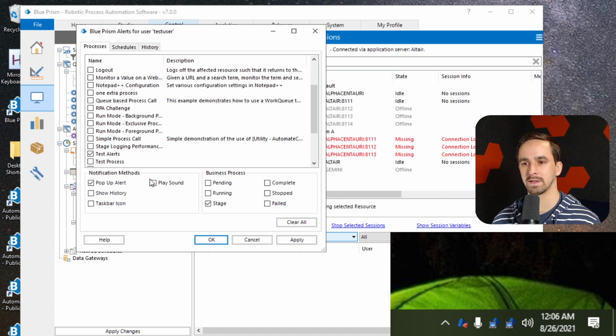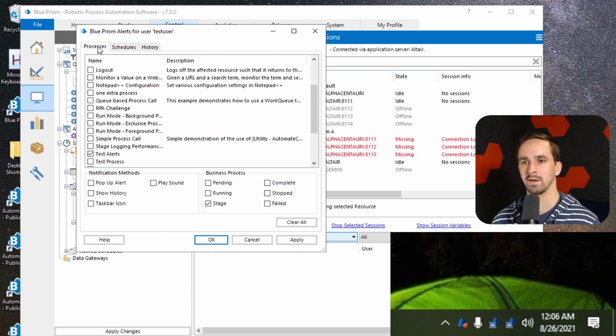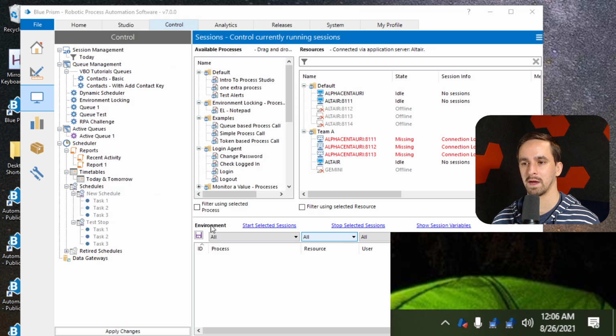The reason that I messed up before is that when I went to the schedules tab, oh, that's interesting. The notification methods are the same between processes and schedules. So if you uncheck everything here, then when you go back to processes, your notification methods are unchecked. So I now have only this and this selected. Click OK. And now let's run